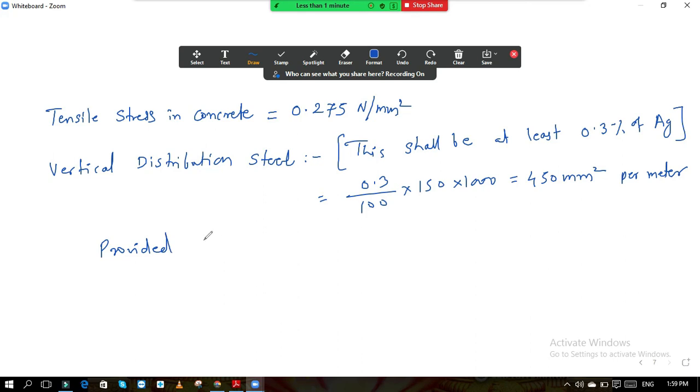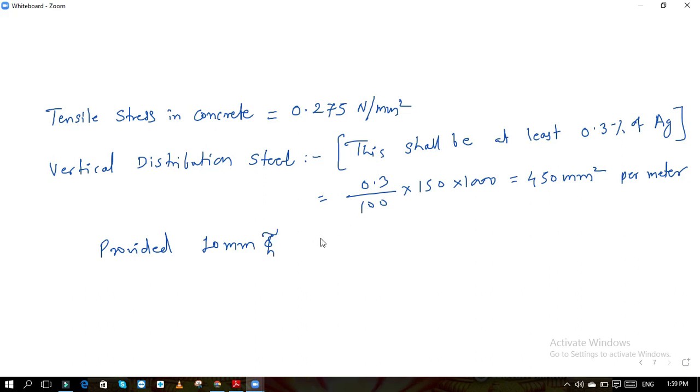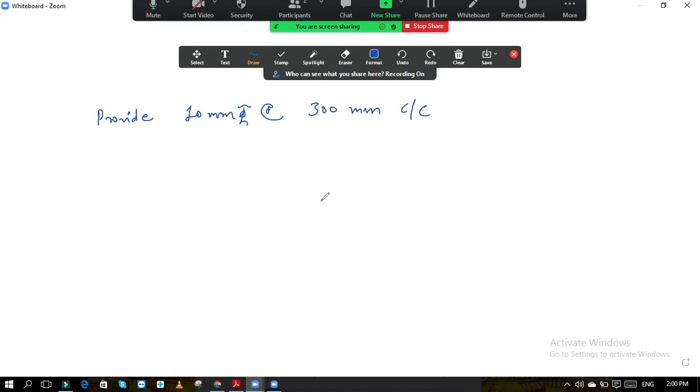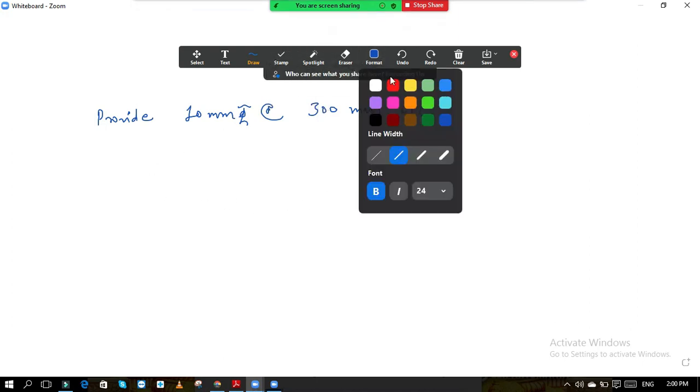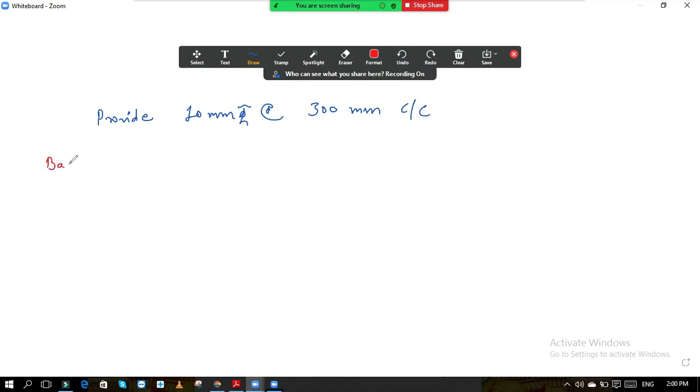We have already provided 10 mm distribution steel. Now we are providing 10 mm bars about 300 center to center. And now the last thing is the base slab. What is the base slab? For that base slab, now what we will do for the